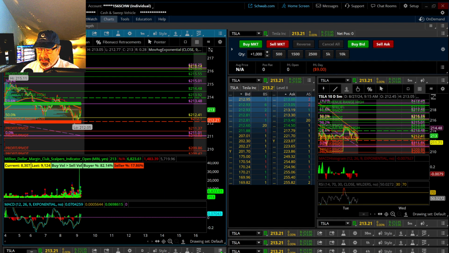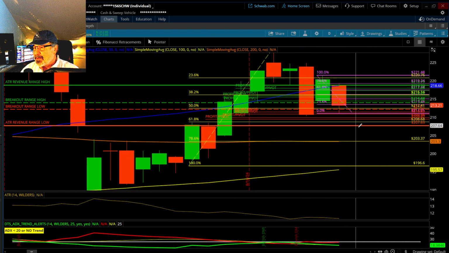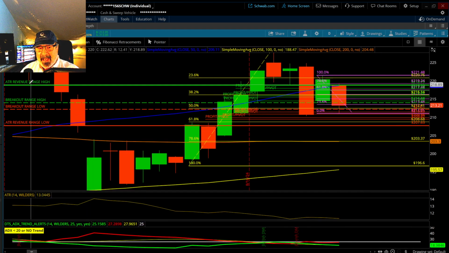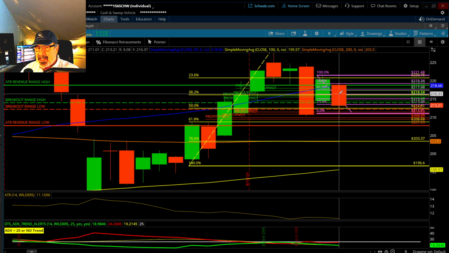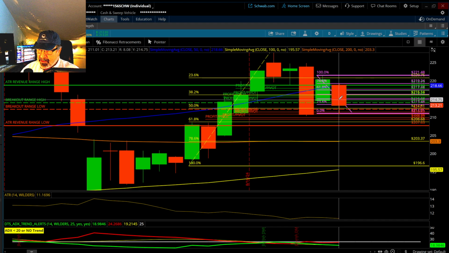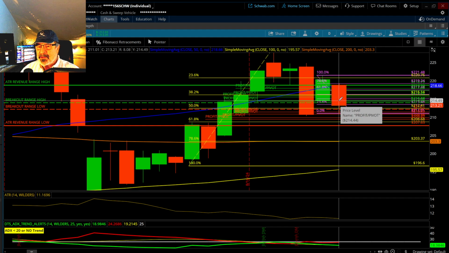So basically the strategy is, the first thing you want to do is find out what they call the ATR revenue range, and that is basically marking the ATR with a mean center from the way it closed yesterday, which was the 26th. Today is the 27th. So you look at the close to the right of my picture. It says